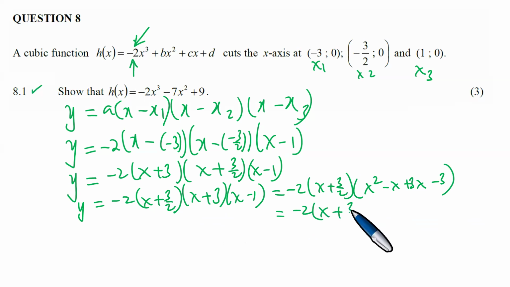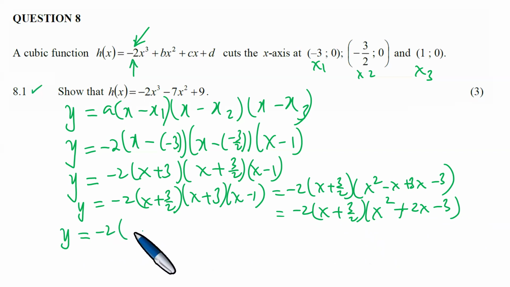-2 open bracket, x plus 3 over 2. X squared plus, okay, we have -x plus 3x. -x plus 3x will give us 2x, and this is -3. By distribution, we continue to perform algebraic distribution within the parentheses, and this gives us the following: -2. If you then multiply within the parentheses, what are we able to achieve here in a step-by-step fashion? Right, this is good news for us, because if you take